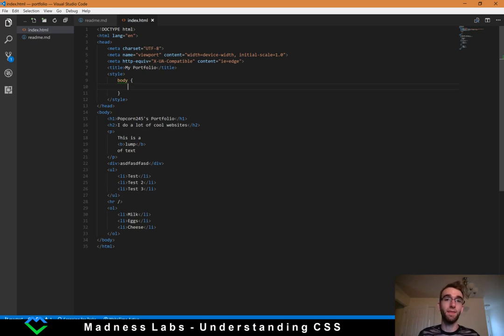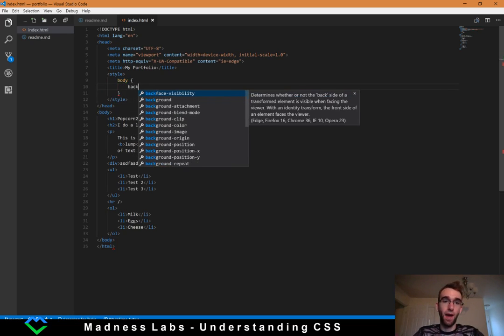Again, the selector is just selecting different elements inside of our page so that it can apply the styles. In this case, I'm targeting the body, and as you can see when I highlight there, that's going to highlight the body tag. So that's what I'm targeting with this style. Now if I say something like background,